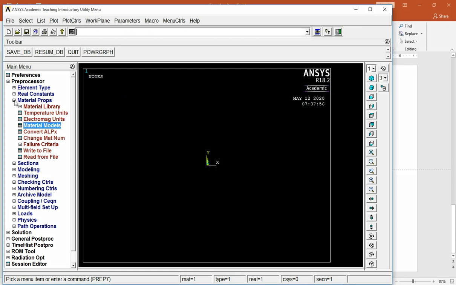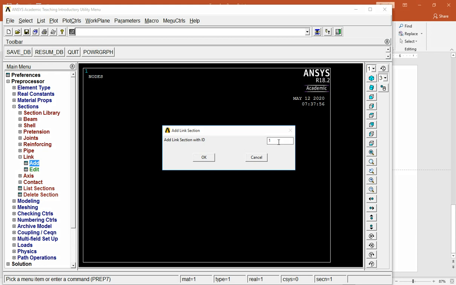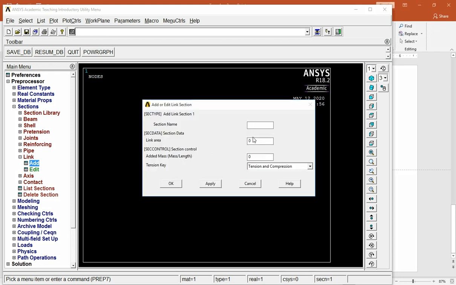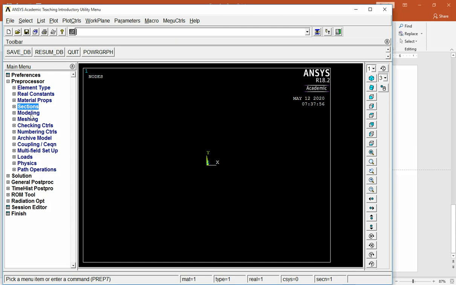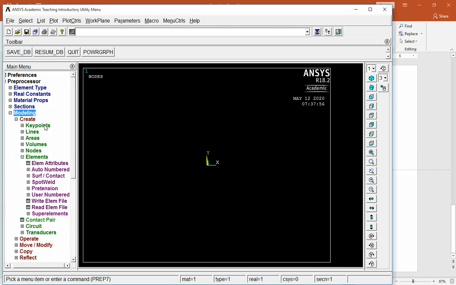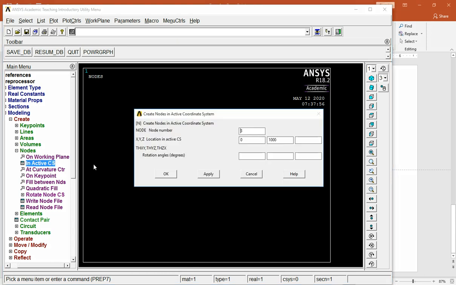Close this, then define the sections. Since we use a link element, for that you define a section as 1, and here area is 1, and 10,000 is the sectional area. Say OK and minimize. Go to modeling, create nodes in active coordinate system.